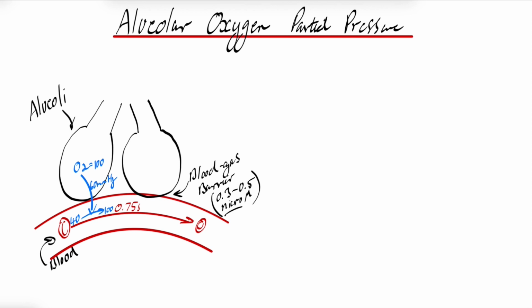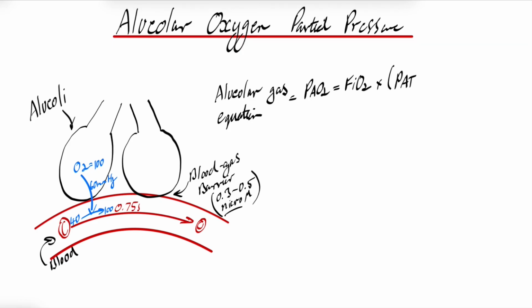So we already mentioned the partial pressure gradient of oxygen, but before we move on to perfusion versus diffusion limited, I just wanted to make a point about this. So if you want to calculate your partial pressure of oxygen and figure out the gradient, you'd use your alveolar gas equation, which is your PAO2 equals your FiO2 times your atmospheric pressure minus your vapor pressure